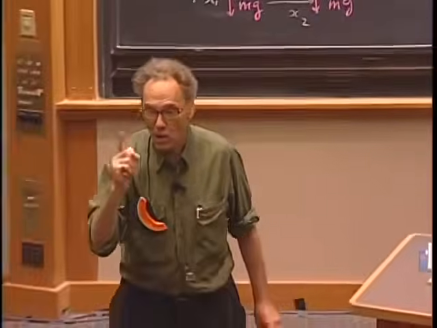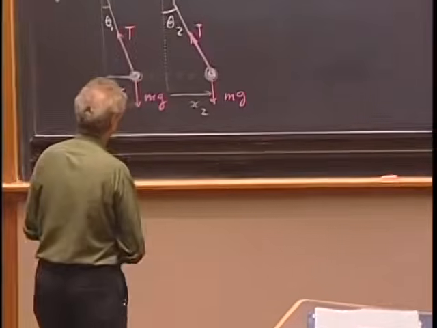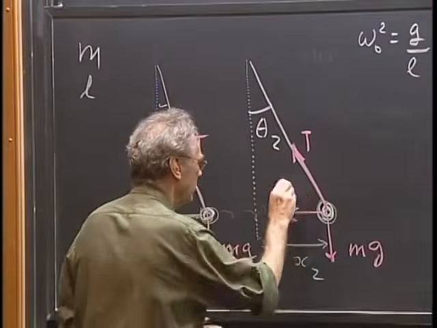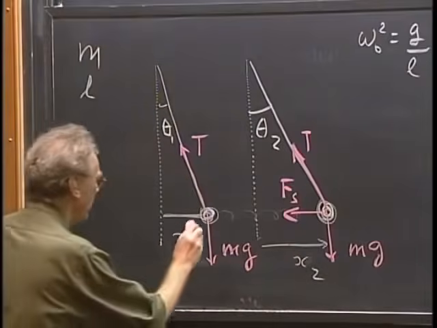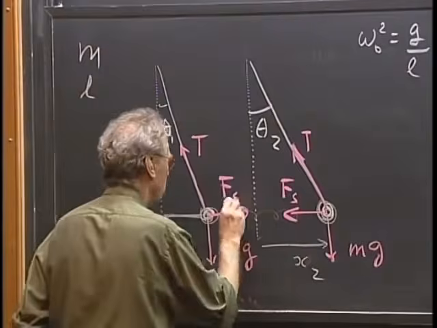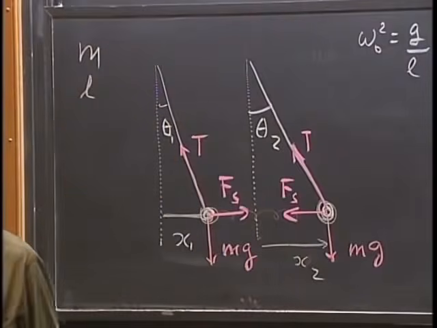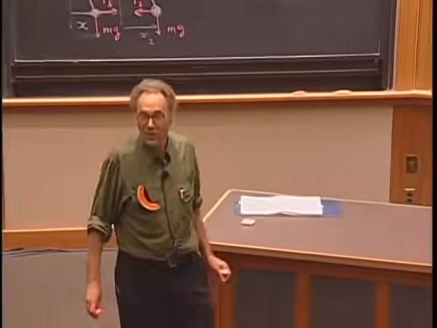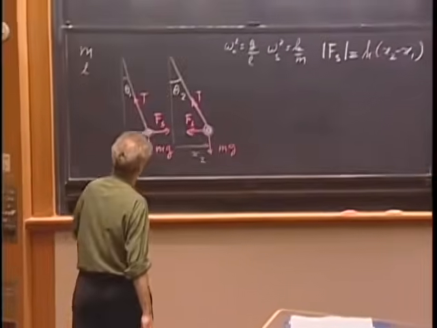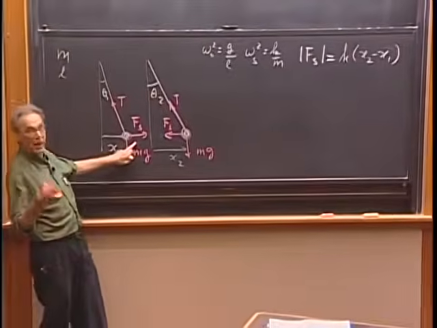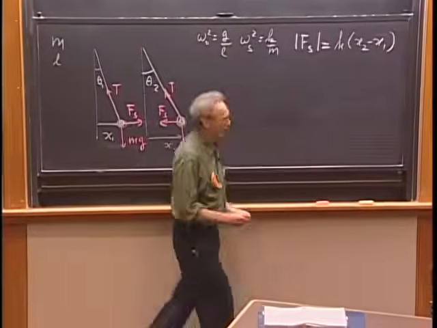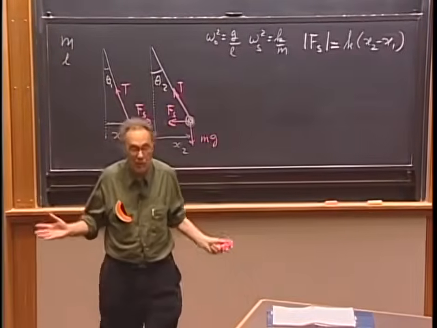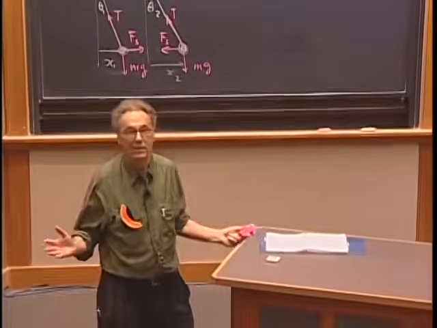Now, if x2 is larger than x1, do we agree that the spring force is in this direction? And do we agree then that this spring force must be in this direction? If x2 is larger than x1. Well, that means I can leave everything the way it is now. As long as I give this a minus sign and this a plus sign, I'm okay, because if x2 is smaller than x1, it will automatically flip over, and my algebra is fine. So therefore,